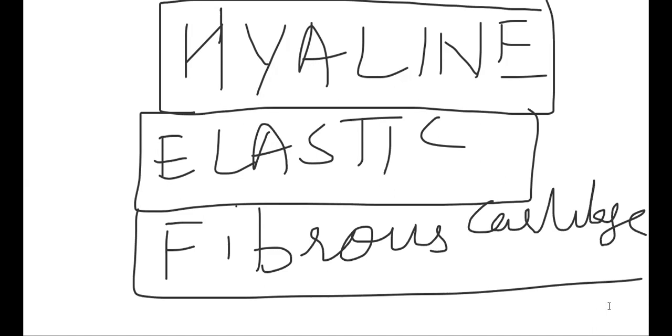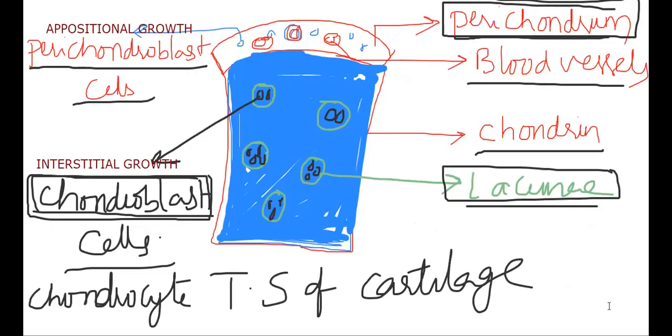Okay. So what is the difference? Let us take one after another. Hyaline cartilage: hyaline means transparent. Imagine the matrix is white in color. Actually, I drew it with blue color for your easy visibility. The matrix is white in color, and whatever fibers are present in the matrix are also white in color. Will they be visible? No, they cannot be visible.